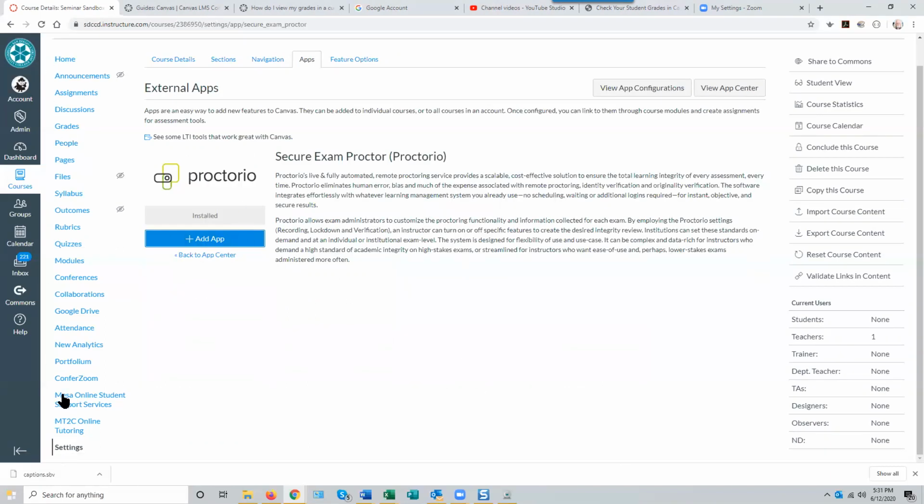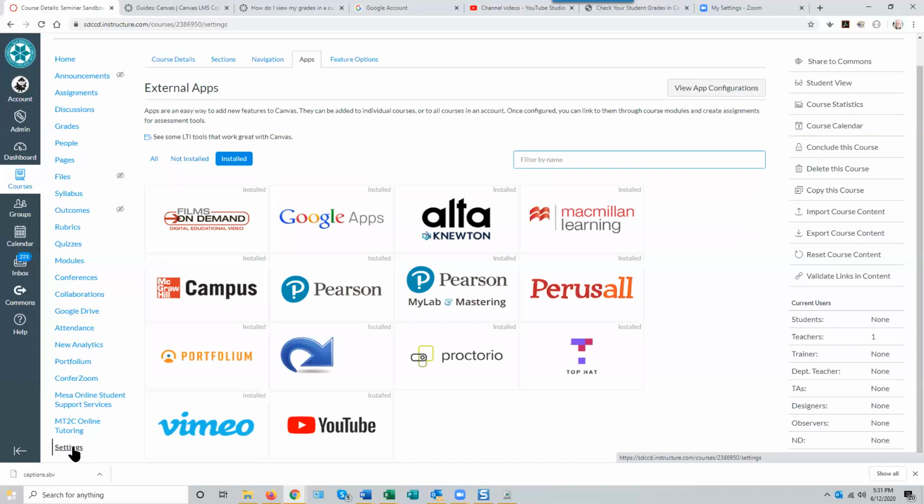Yeah, so you'd go to your settings in your course menu and go to the Apps tab at the top